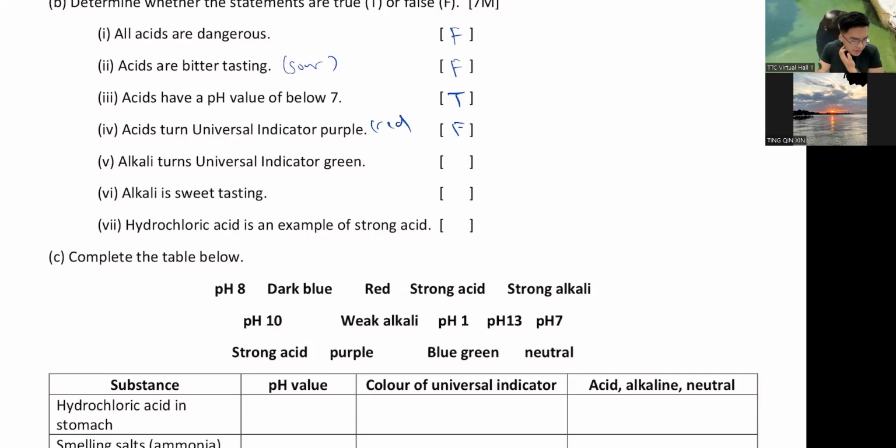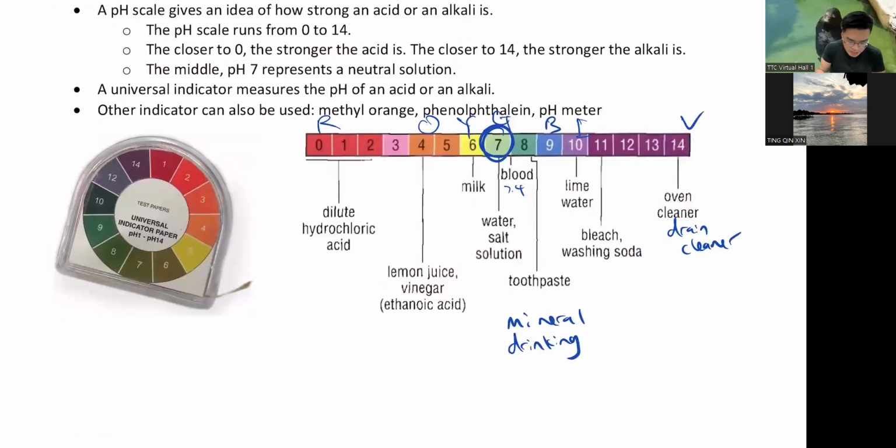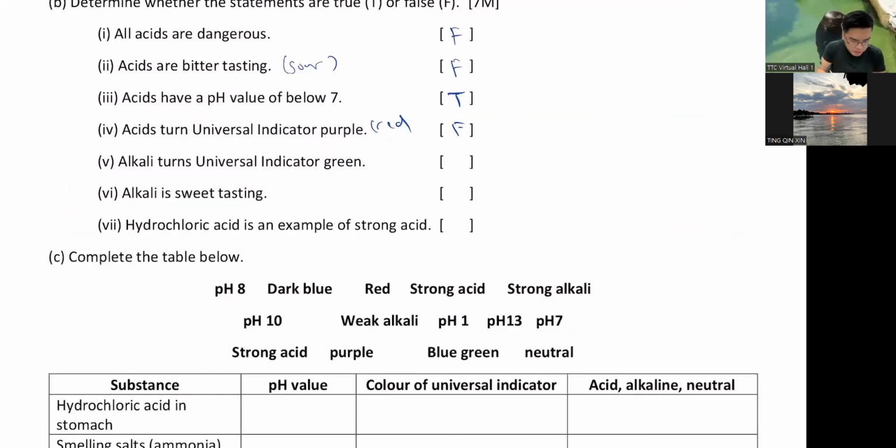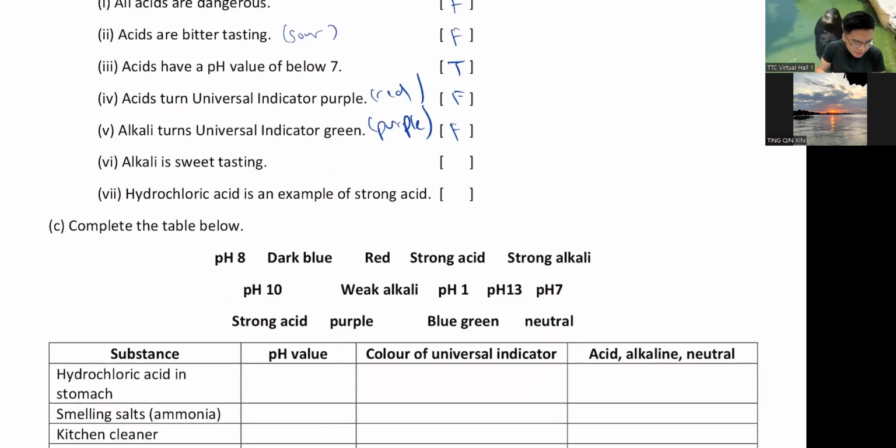Next, number 5, alkaline turns universal indicator green. No, green is neutral. Green 在中间所以是错了。It should be purple, like what we said just now. So this is false. 错, it should be purple. Okay, next number 6, alkaline is sweet tasting. False. Alkaline is bitter. 碱性是苦的，碱性是不会甜的哈。